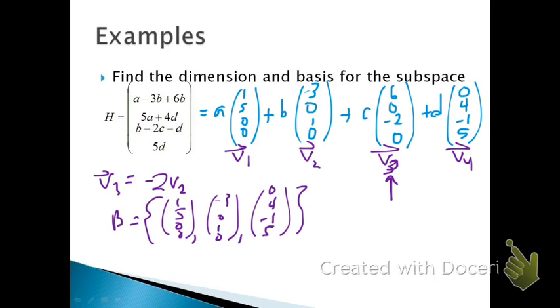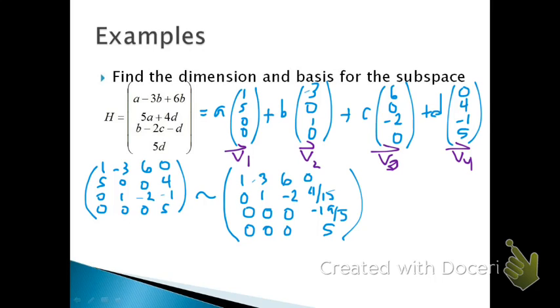So therefore, our dimensions of H would be 3. Now, what you might notice is what if you don't recognize that V3 happens to be a linear combination of the other vectors, or it's something that's not so easily seen. So what will we have to do in that case? If we don't see right off that V3 is a scalar multiple of V2, then we have to put our